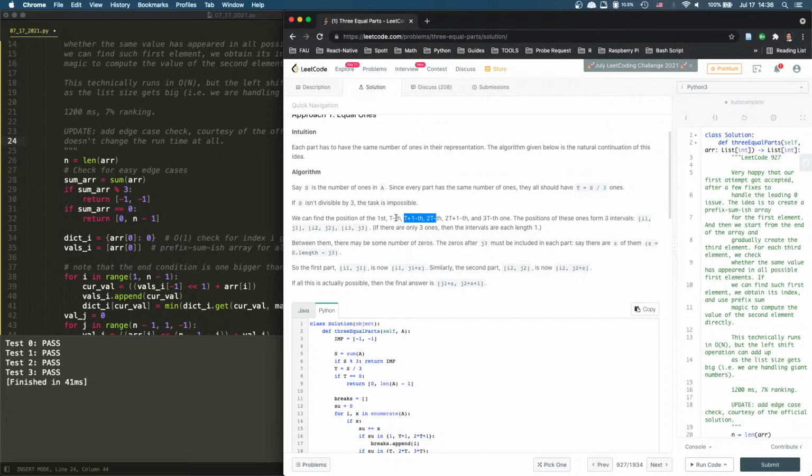I1, J1, I2, J2, I3, J3. Only 3 ones, and the intervals are each length of 1. That just means the intervals I and J are the same. The first is the t's. Now between them, there may be some zeros. Yeah, we have the ones and ones, ones and ones, ones and ones, right? And between them we have zeros. So the zeros after J3 must be included. That's true in each part. If there is Z, then